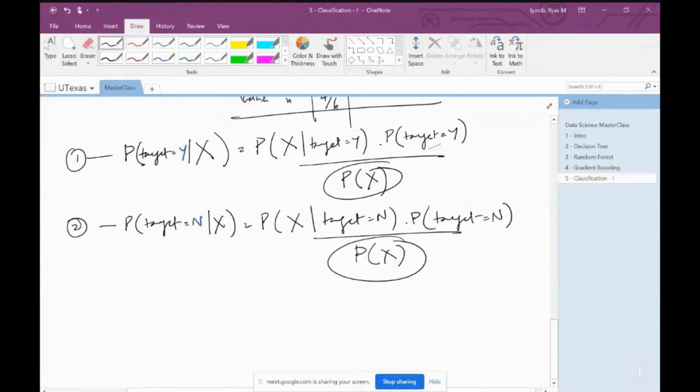But if we take the probability that the target is yes, given x, so basically our first equation,